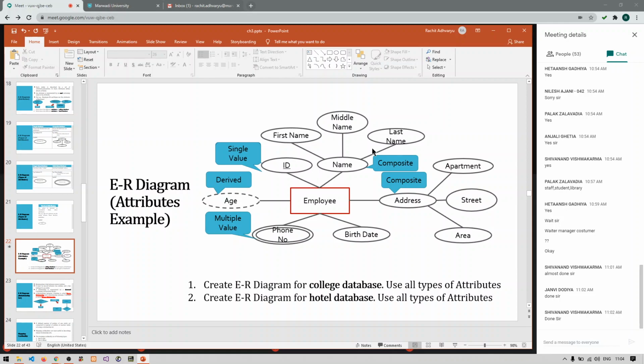I am not discussing anything right now, but I am hoping that everyone is clear with the entity set and attributes and its types. Anyone having any doubt in this, then please raise it. Else we can move ahead. Any doubts in this?